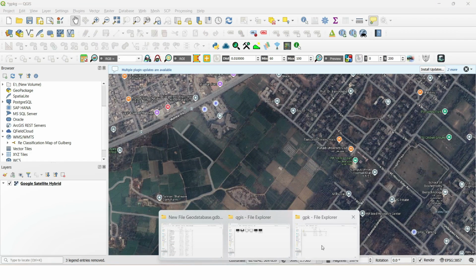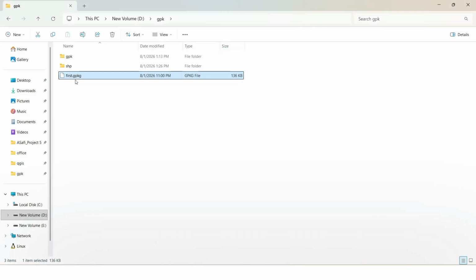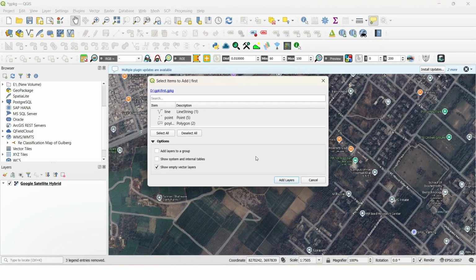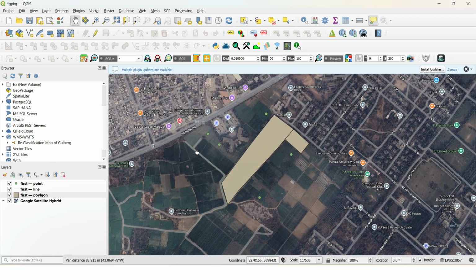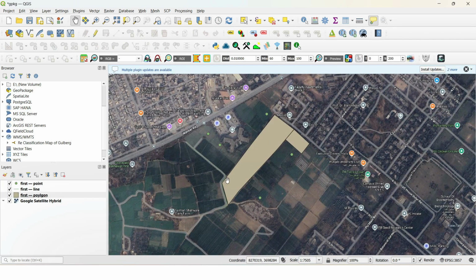Now if I open that GeoPackage folder, there is only one file, 136 KB, and if I drag and drop this file in my QGIS, there are three layers. Select all and add layers. All layers are available here. So one file, everything inside it,